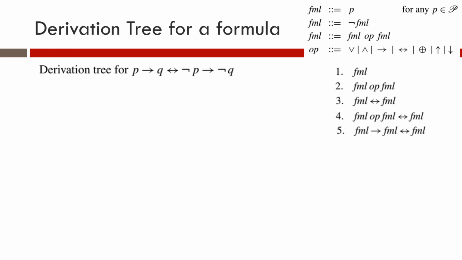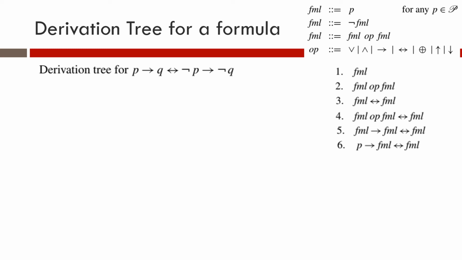Now next what we do is we consider the left side of the implication, and this formula we again try to disintegrate. Right, so this formula here is an atom P. So we can replace this formula with the atom P. So in the next step we replace the formula with atom P. So that will be P implies formula, equivalence formula.